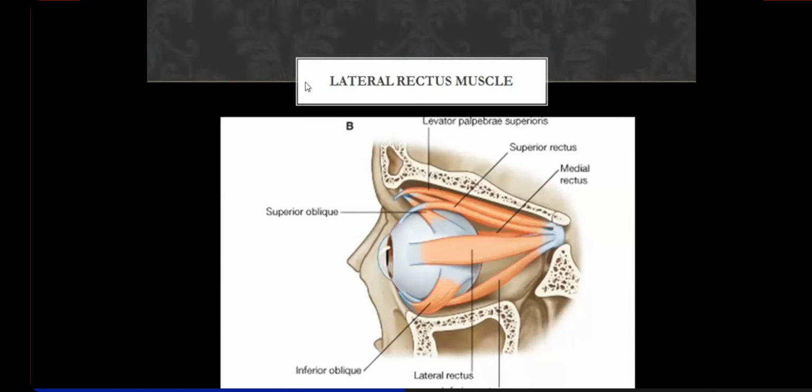We'll just remain here at this lateral rectus muscle. Have you understood the origin and insertion of the muscle? It's clear, it goes straight laterally, so lateral rectus has only one action, that is to abduct. If you contract this muscle, it will pull the eyeball laterally, right? So the only action of lateral rectus is abduction of the eyeball. Along which axis? Along the vertical axis. Okay.